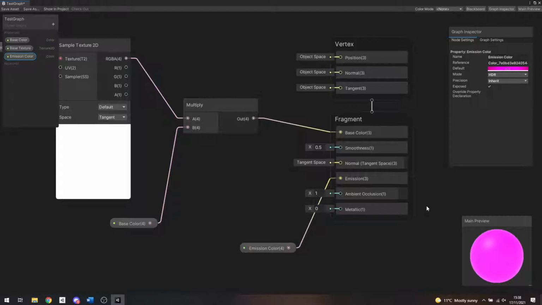So, say like a bright light bulb or something like that. The actual base color might be white, but if it's emitting yellow light, then its actual color as it appears to humans is going to look kind of yellow. So the actual physical color is going to be a combination of both those colors. So if I were to save my graph now,